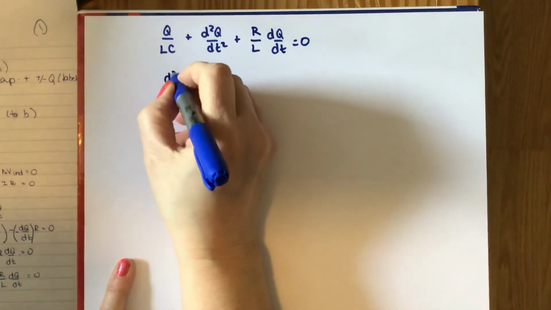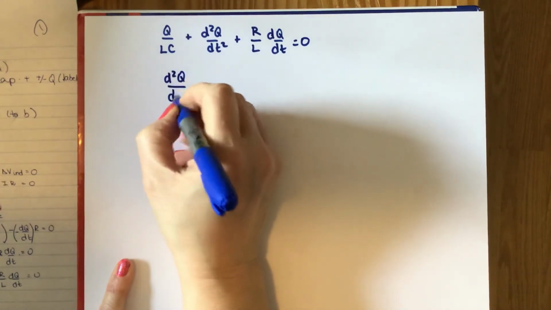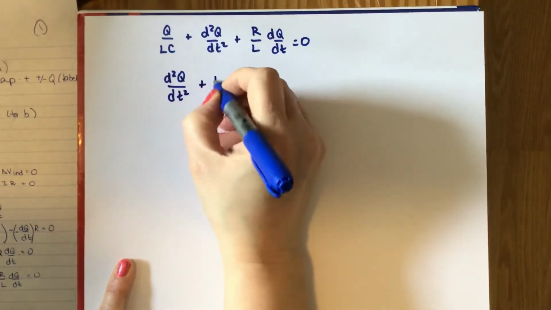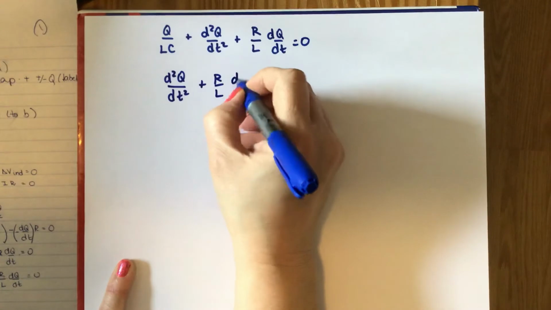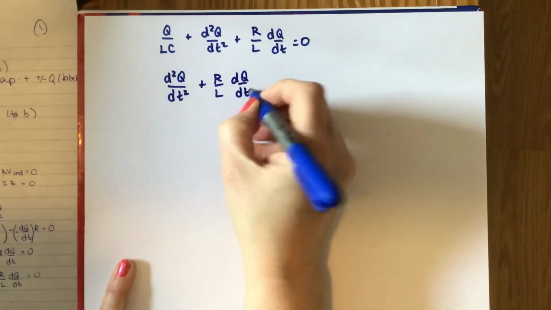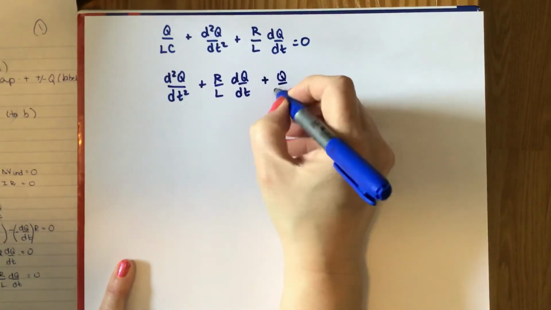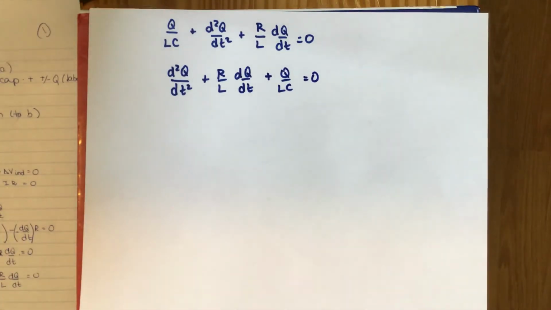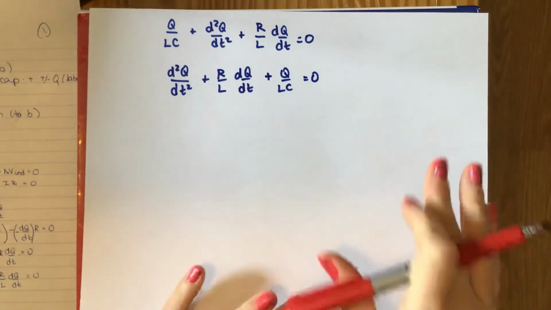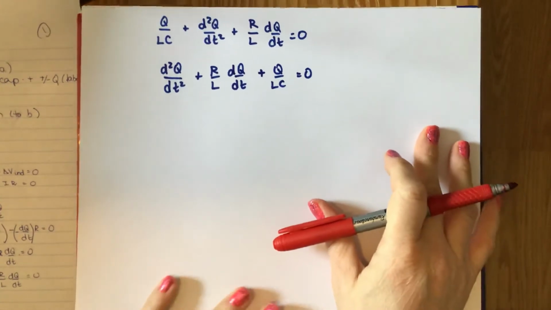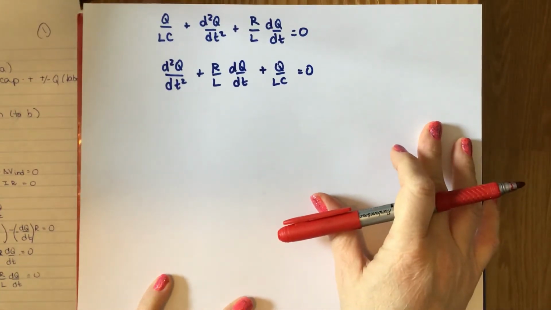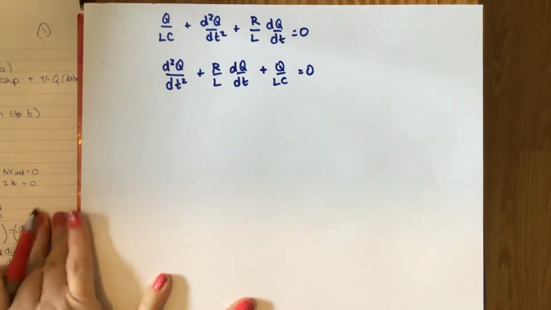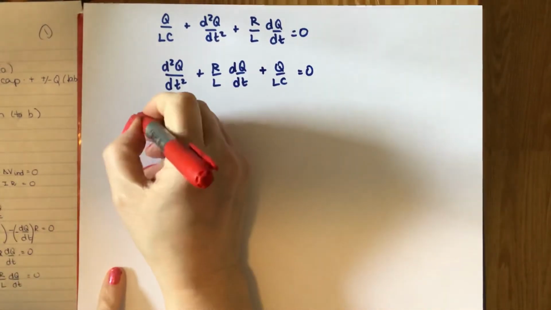So second derivative of charge with respect to time plus R over L times the derivative of charge with respect to time plus Q over L times C equals 0. Okay, so there's our equation. If I were really on top of my math game, I would be able to solve this off the top of my head. To be quite candid, I would need to brush up on these methods just a tiny bit. But the general solution to this equation